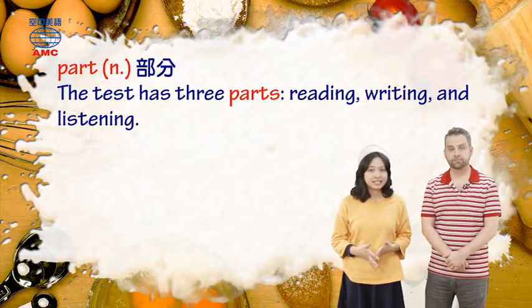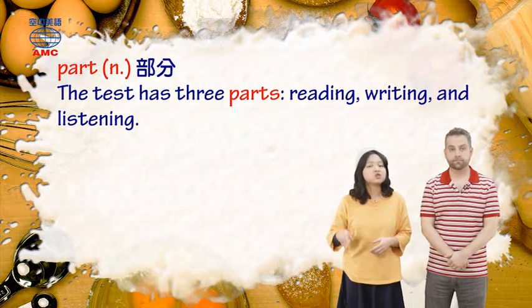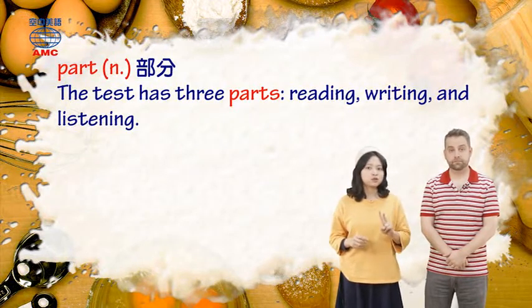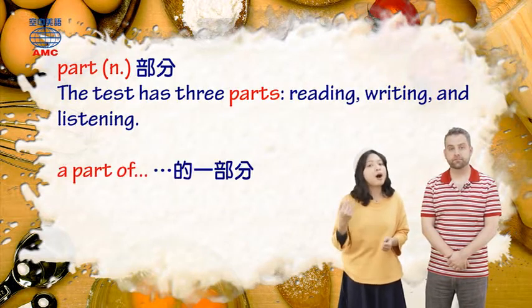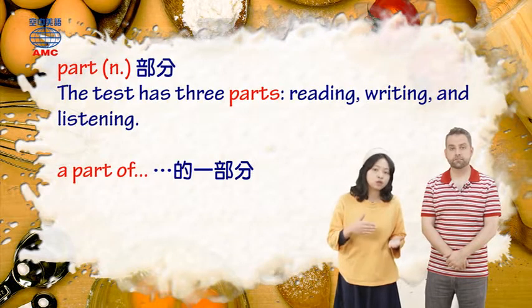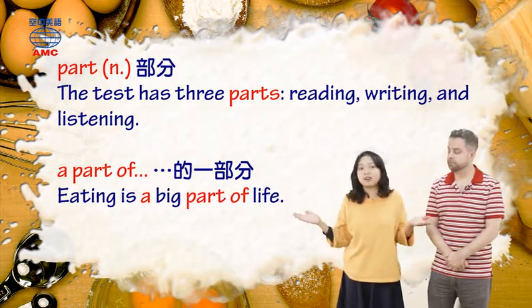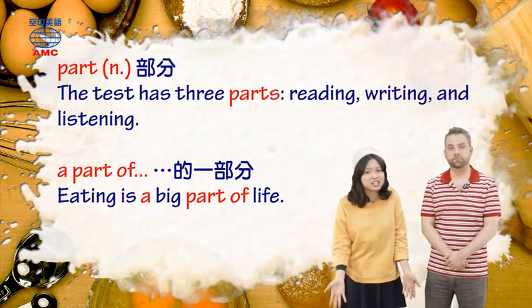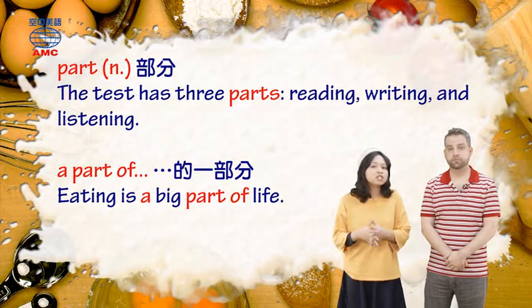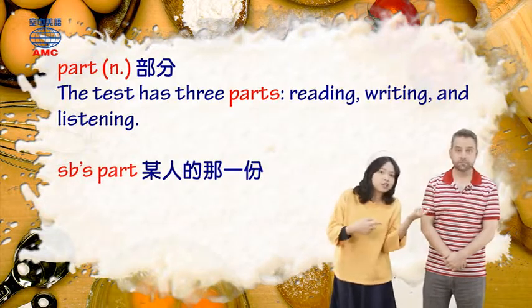Part 是一个名词，它是部分的意思。所以刚刚的例句就是这个考试有3个部分：阅读、写作以及听力。那它是一个可数名词，所以我们会说 a part of something 就是什么东西的一部分。So eating is a big part of life，就是民以食为天，毕竟吃东西占人生很大的一部分嘛。那如果加上所有格代名词，像是 my part, his part, your